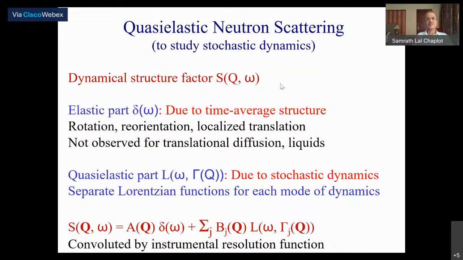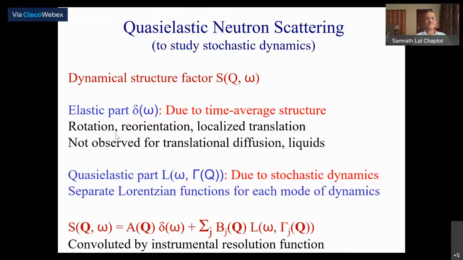Now, elastic neutron scattering we did, and this stochastic motions, again, you have the elastic scattering, and the quasi-elastic scattering, that is scattering near around zero energy transfer, typically a Lorentzian function, or a sum of a number of Lorentzian functions, or sometimes even Gaussian functions, and so on. So these come from the stochastic dynamics of various kinds of relaxation processes. And there is also an elastic term which comes from the time average structure, because even though, unless it